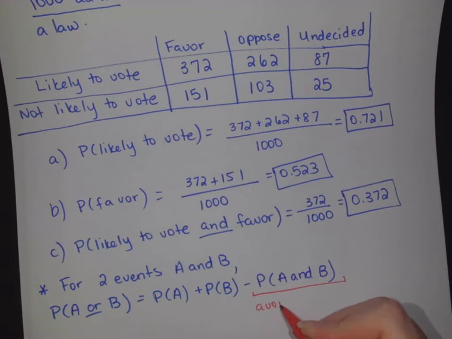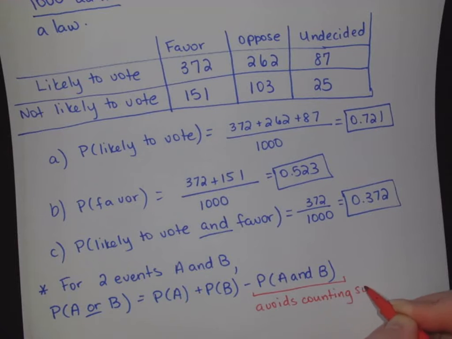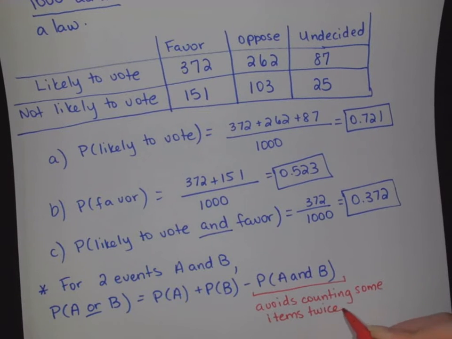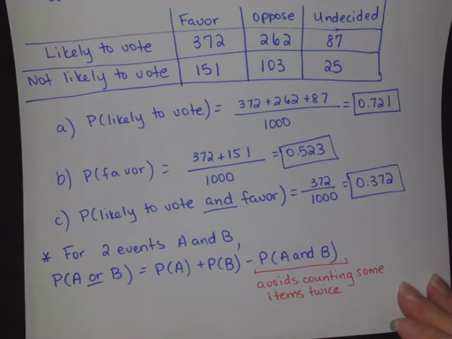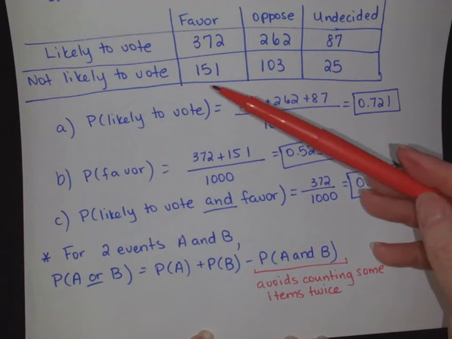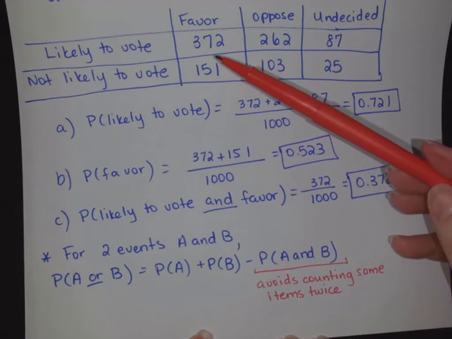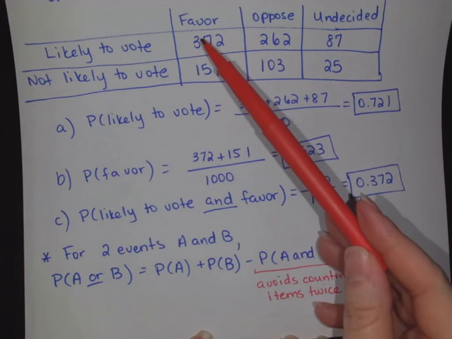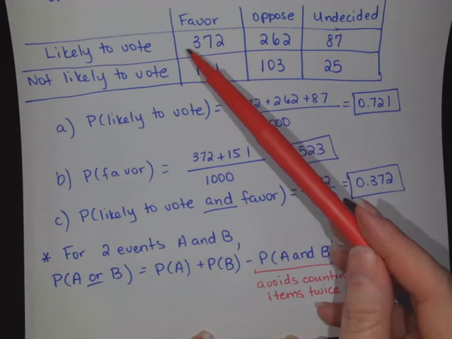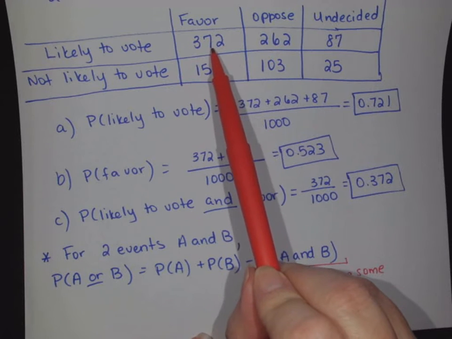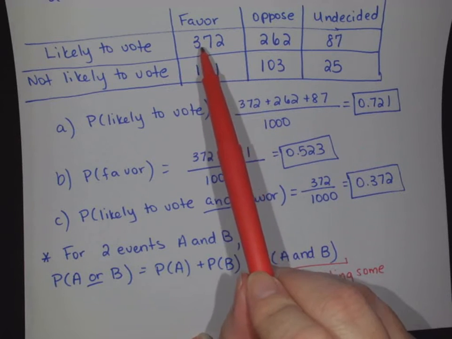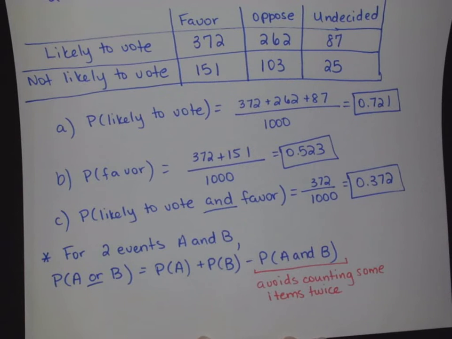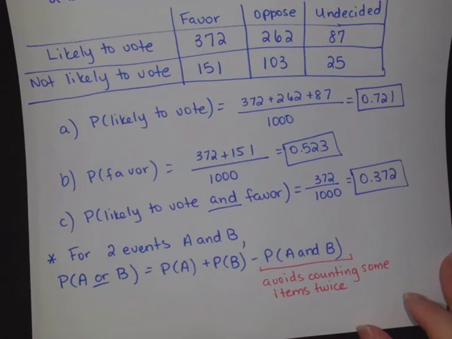But the reason we're going to subtract off this amount at the end is because it would avoid counting certain categories twice. Because if you think about it, if you went up here and took the previous example and you tried to just add the number of people that were likely to vote, which is all this row of people, and then you tried to add all the people that were favoring the law, which is this column of people, then you're counting these 372 people in both categories, because they're both likely to vote and they favor the new law. So if we want to avoid that,